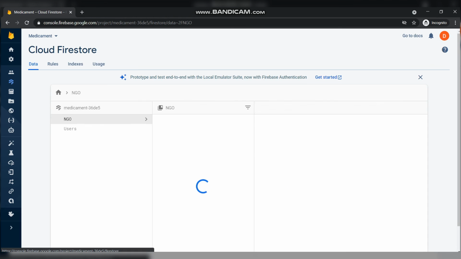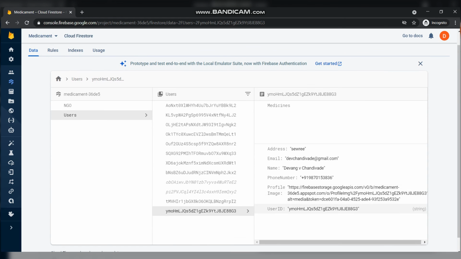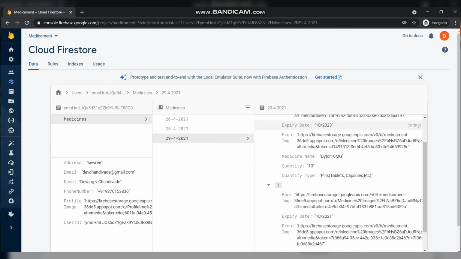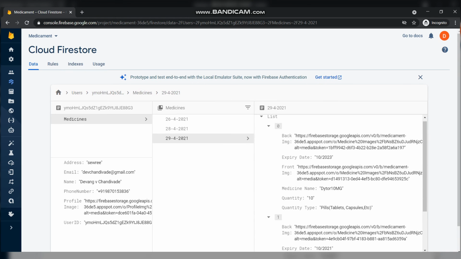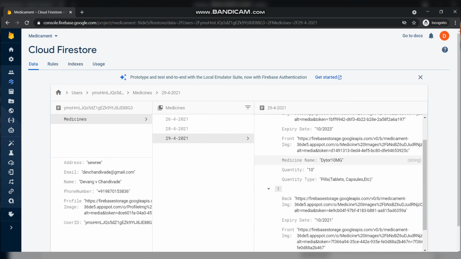Here you can see first I've added the user in the user portal. So this is the data of a particular user and which medicines he donated. We can see all the medicines he has donated in the database. So these are the 2 medicines I've shown you in the user portal.